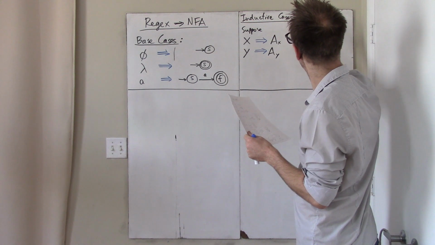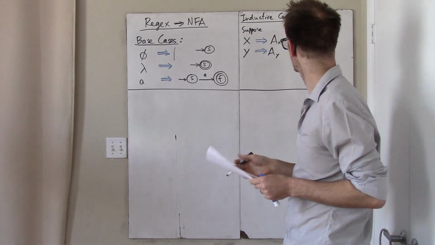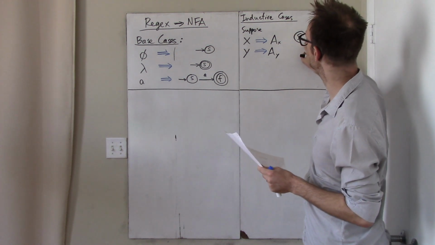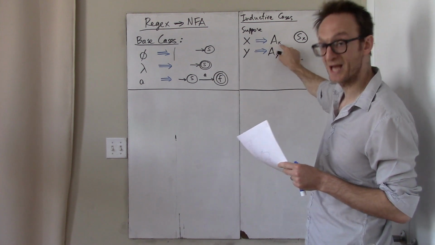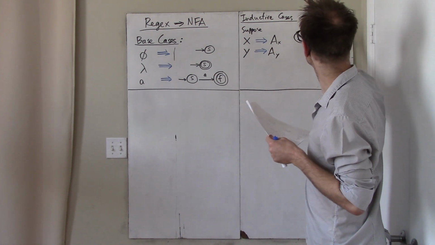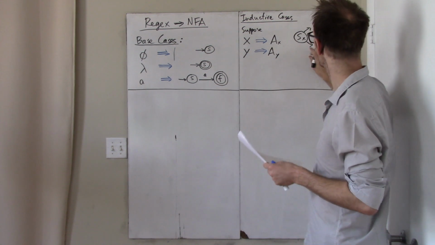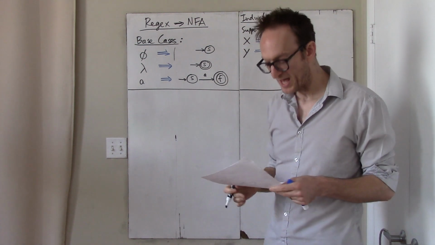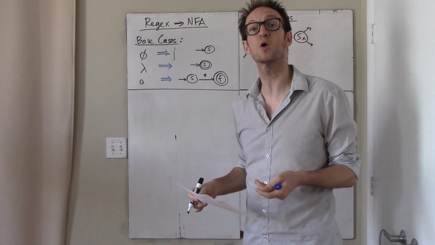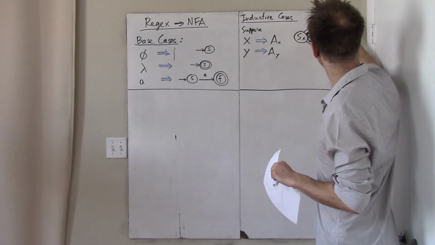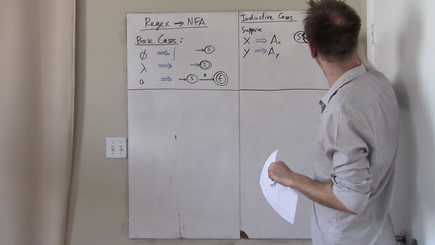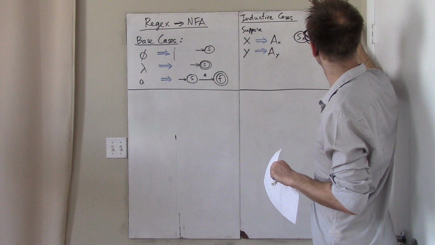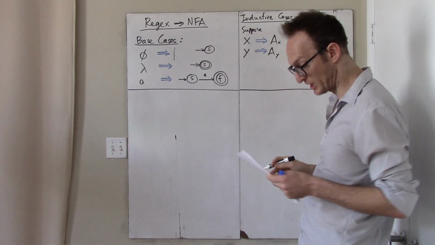Let's see, and then there's a start state. Let little s sub x be the start state of machine A sub x. And then it's going to have some transitions. I don't want to draw them because the idea is that we're abstracting away from any particular machine. I want this algorithm to work in general. And this machine is going to have one or more accept states. So let's let f x1 and f x2, for example, be some accept states of this machine